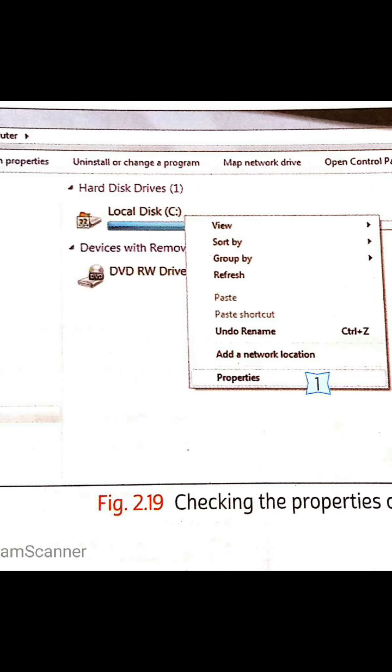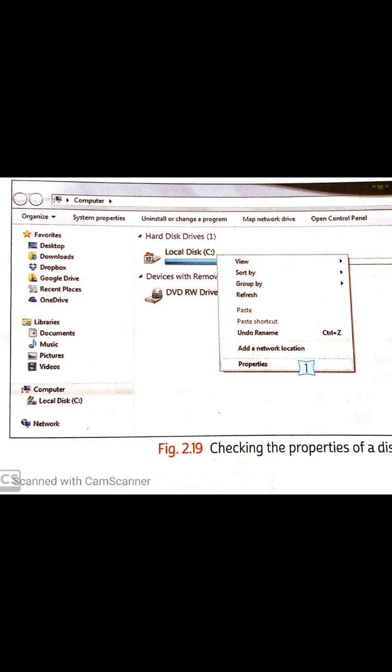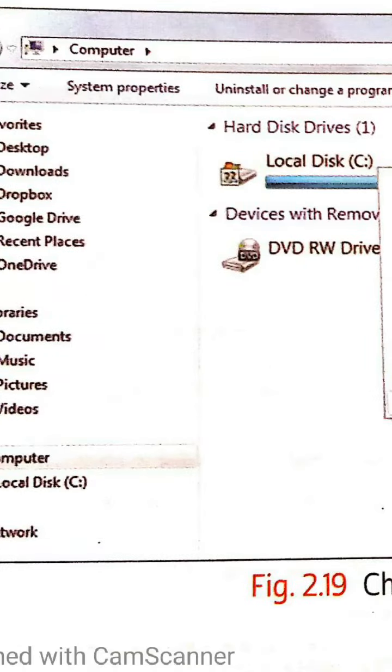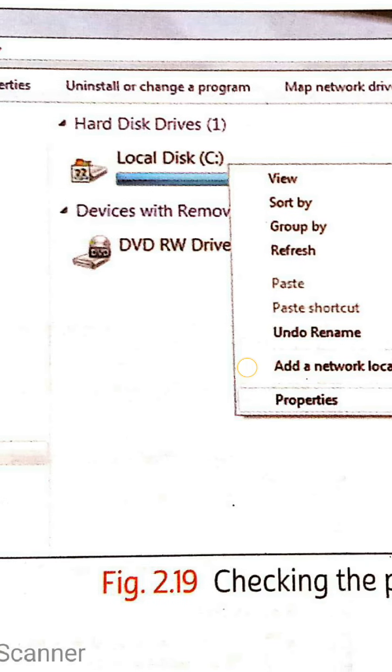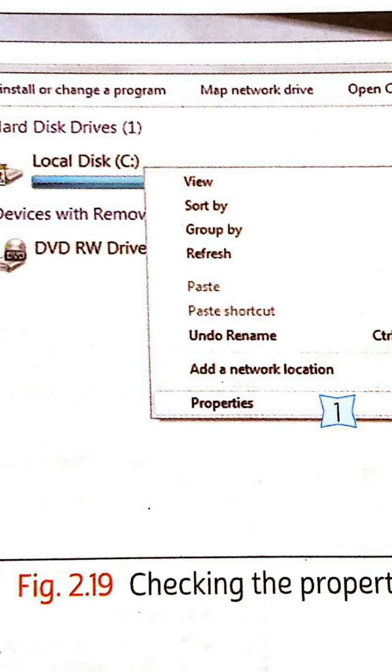When you want to do the disk cleanup, first you have to go to My Computer, that is in Windows Explorer or My Computer. When you go to My Computer, right click the disk in which you want to free up space. See, when I open My Computer, you have seen local C drive. I want to clean this local C drive. So what have I done? I have done right click. After that you click on properties.